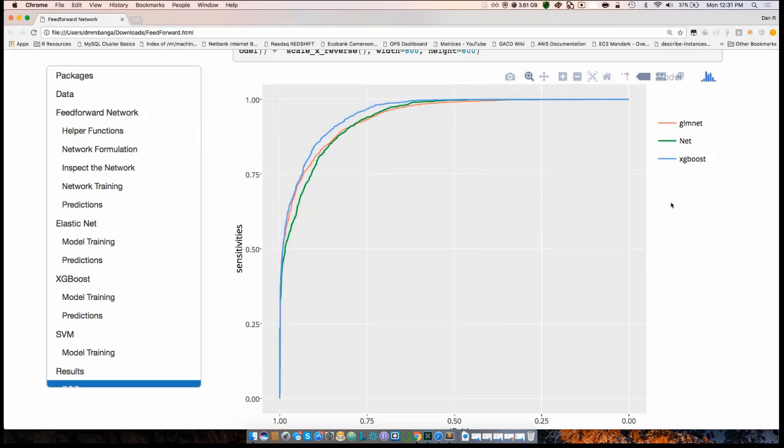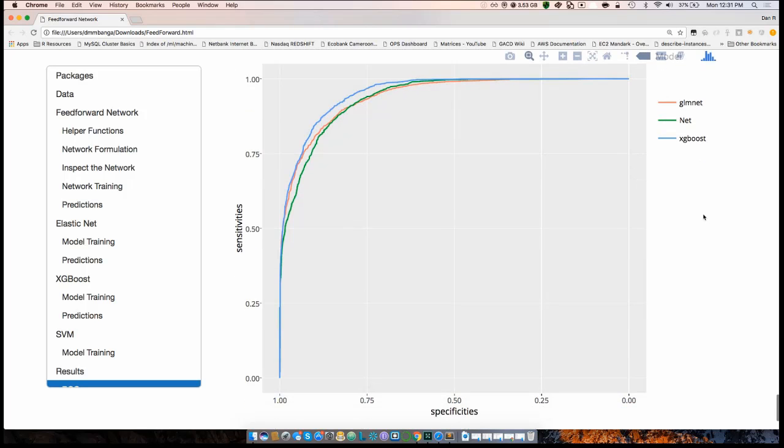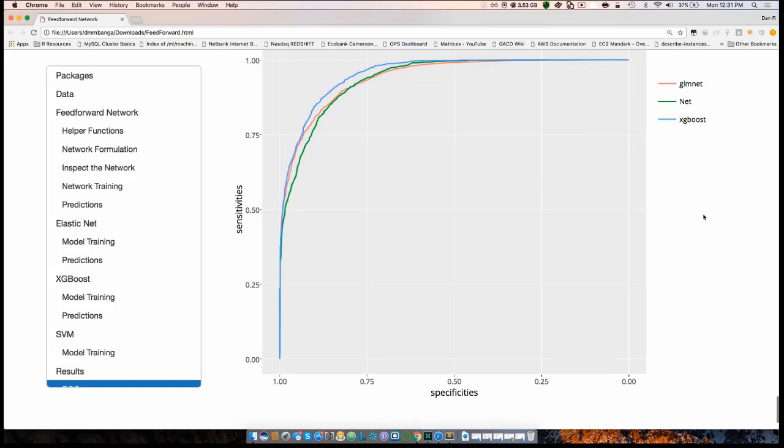Mm-hmm. And what would be your advice to folks that want to engage in doing deep learning with R overall, with all the packages and tools that are available to them, including MXNet now and deep learning? So you want to know when to apply it, when it's worth your time. Deep learning is an amazing new tool, but it isn't the only tool. There's a great quote in the deep learning book that says there is no free lunch, right? You can't just use one tool for everything, so you need to know when to use it. So you need to build up your domain knowledge of when to use it.